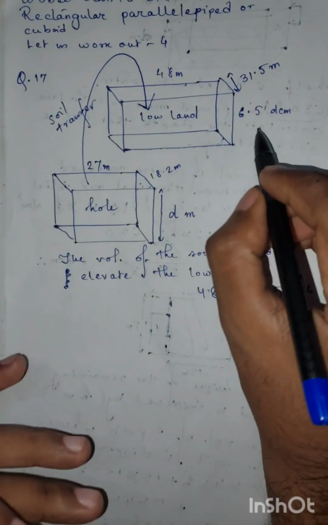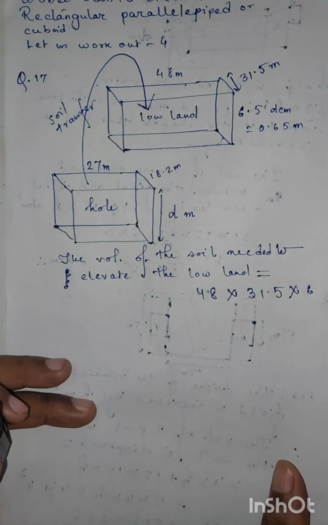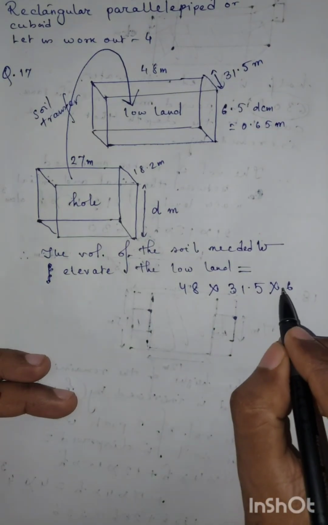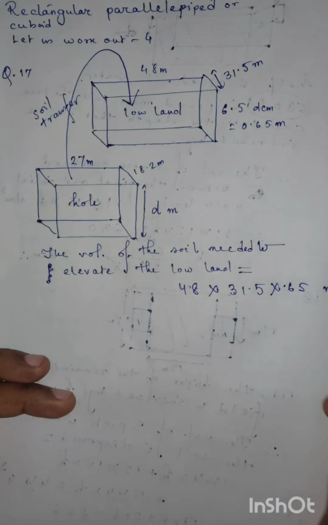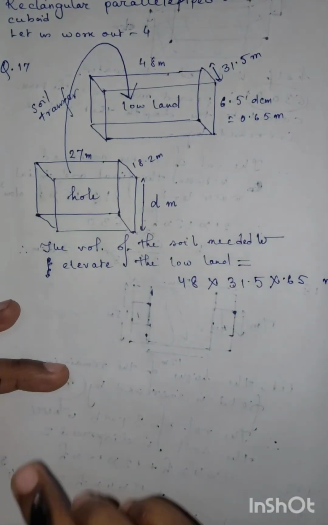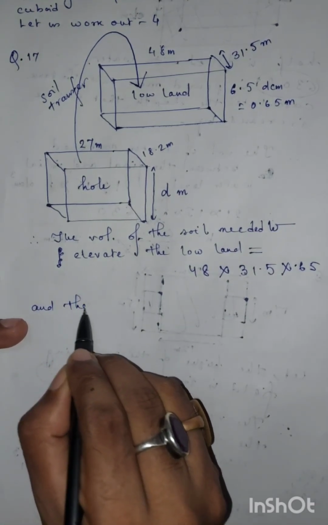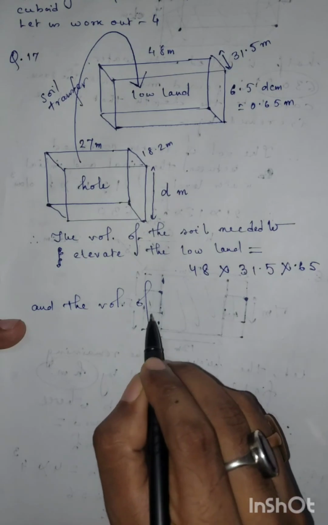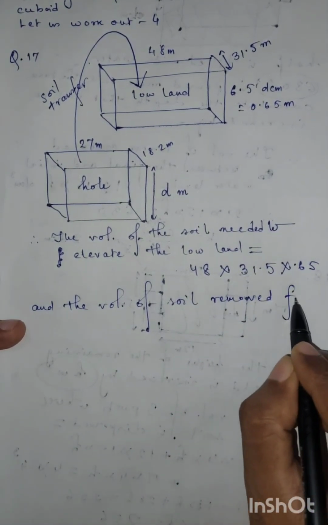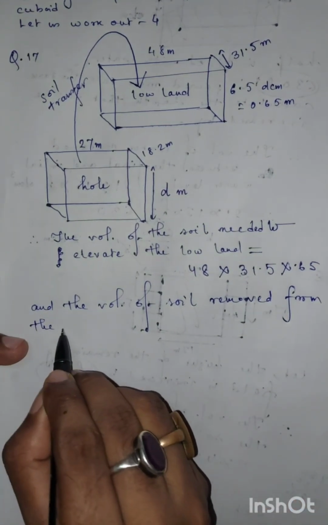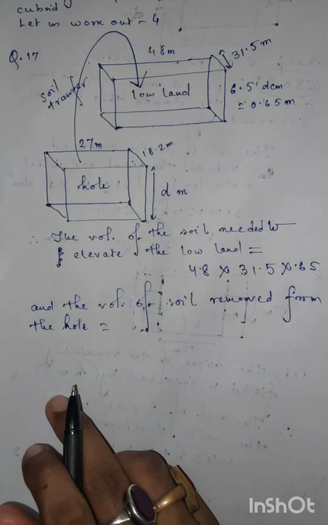6.5 decimeter can be written as 0.65 meter. So this is 0.65. So the volume is in meter cube. Now the volume of soil removed from the hole is equal to